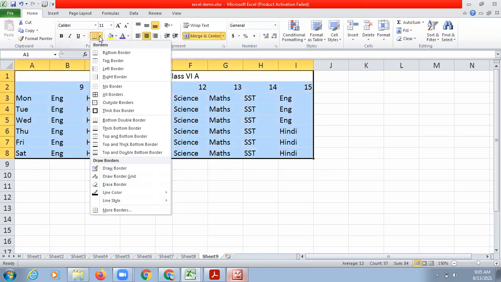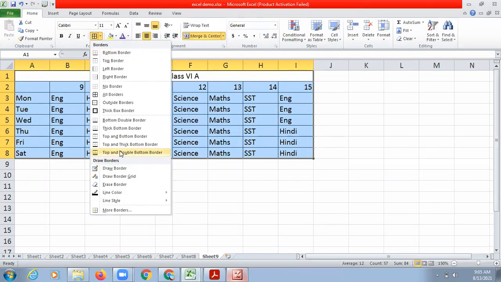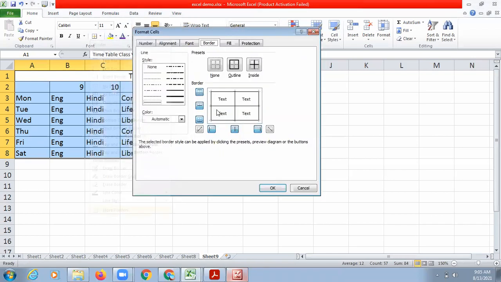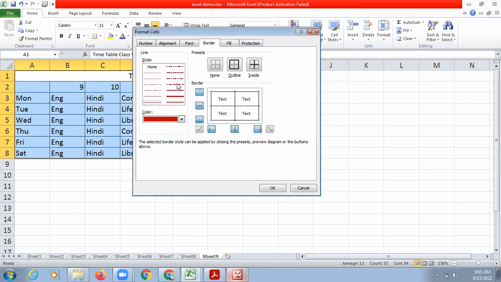Give the borders now, all borders, or you can go to more borders and give some designer borders according to your convenience. Like let's say I wanted to give this brown, dark red color border, maroon color border, and outside border should be like this, and inside border should be like this one. Okay.